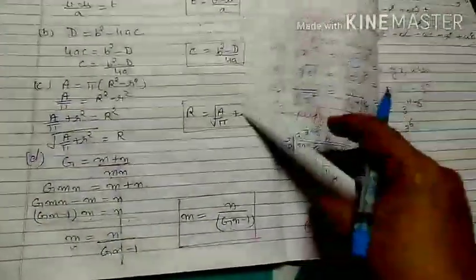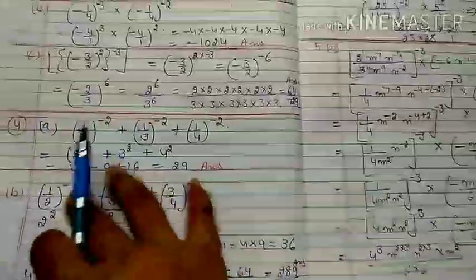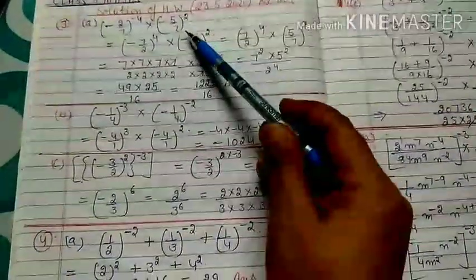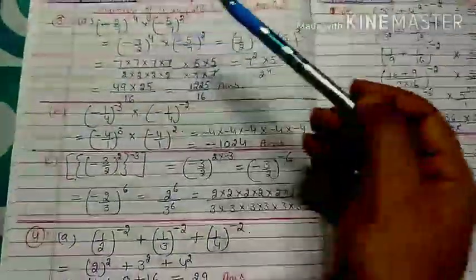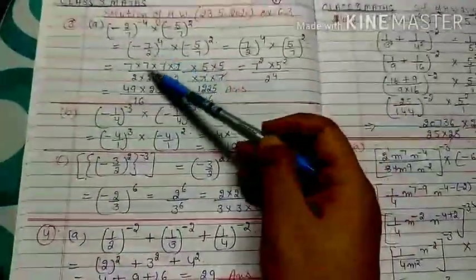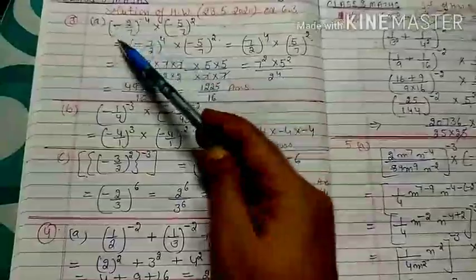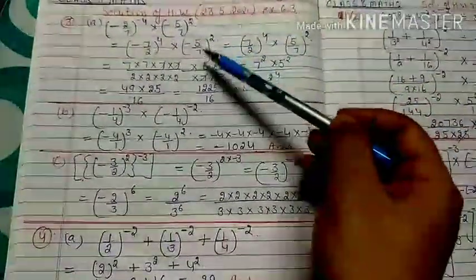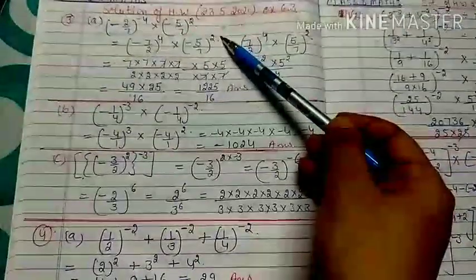Now your third question is, you have to solve terms like (minus 1 by 2) raised to power minus 4 minus (5 by 7) raised to power 2. So I told you before that we never solve the negative power. First make it positive by taking the reciprocal of the base. Minus 2 by 7 changes to minus 7 by 2 raised to power 4 minus 5 by 7, because here is the same positive power.